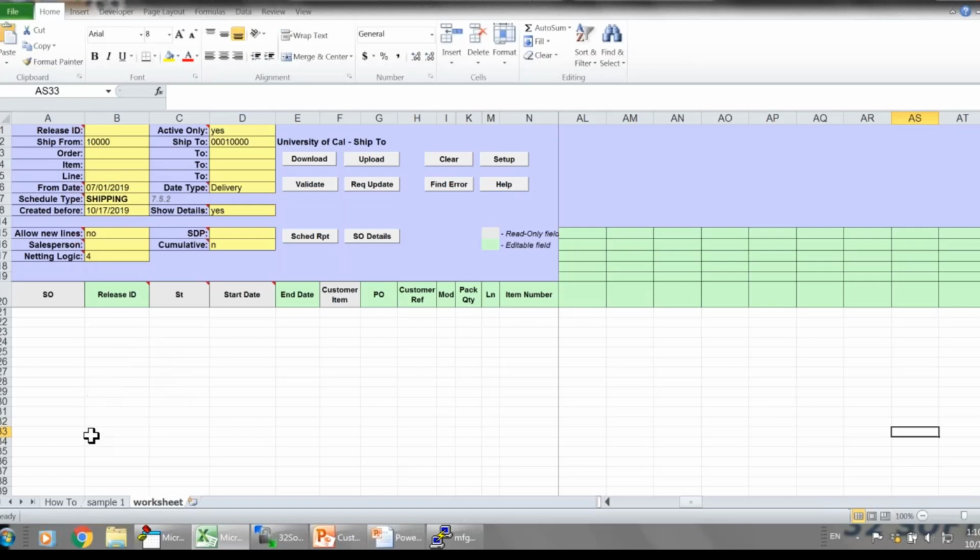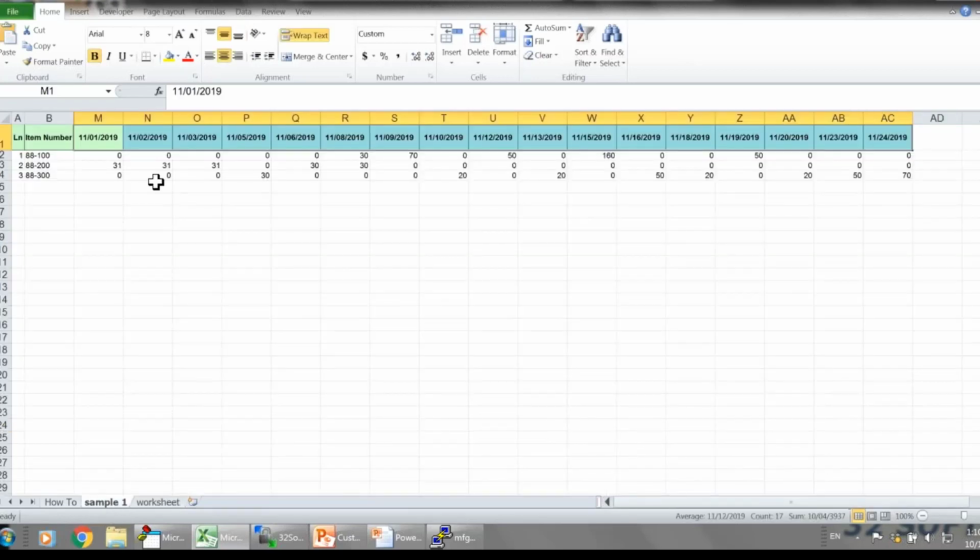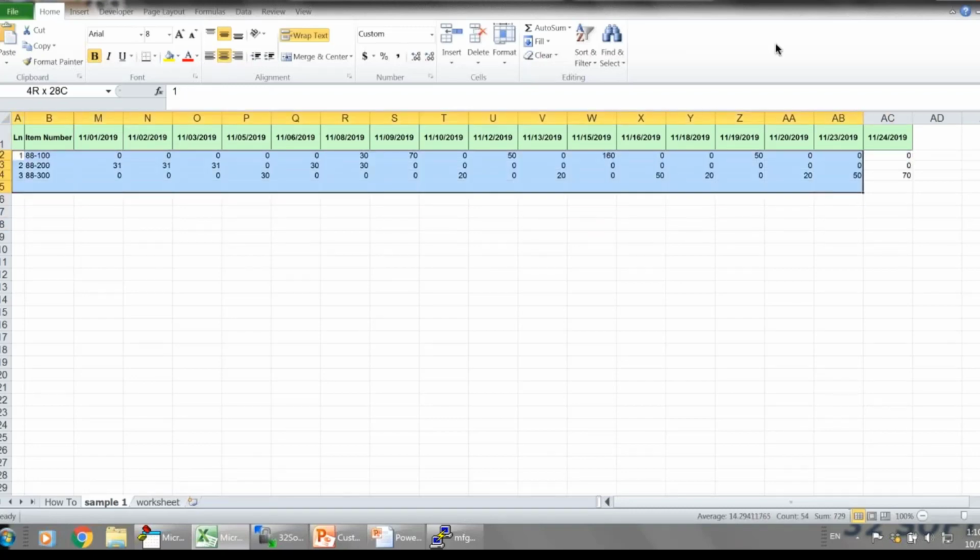For example, I have this sample that just tells me these are the items and these are the dates and how much the customer wants me to ship on these dates. I can enter that information manually if I have them in a different format, but for demo purposes, I can